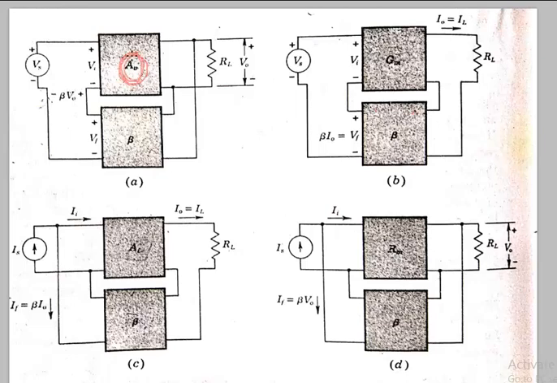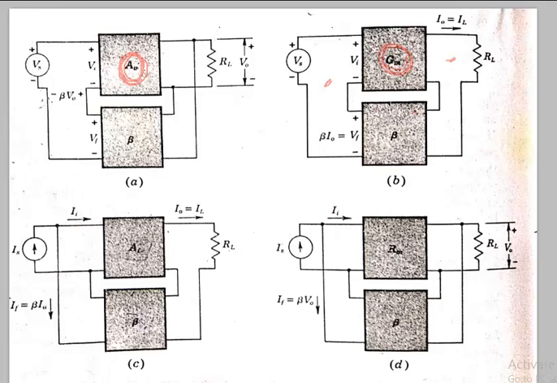The answer becomes pretty clear that you would want to use a voltage amplifier here. And if we take up current from the output and if we give voltage at the input, what kind of an amplifier would you want to use? The answer would be pretty clear that you would want to use a transconductance amplifier, because transconductance amplifier,